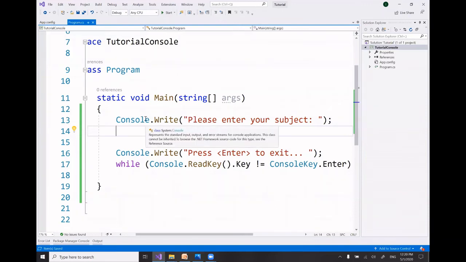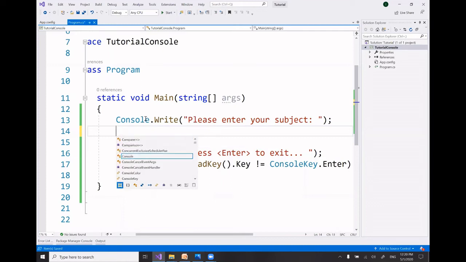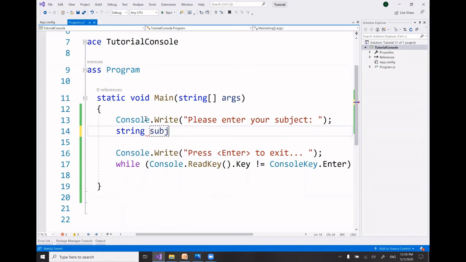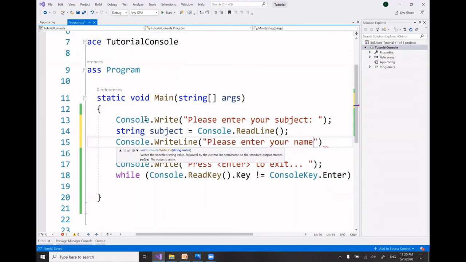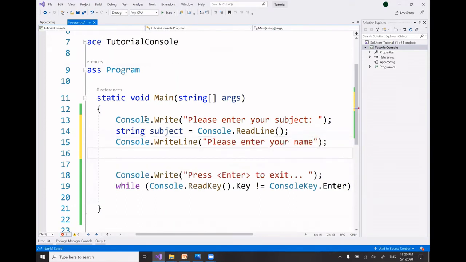So enter your subject, and let me capture this into a string subject equal to Console.ReadLine. So I'm capturing the value, and then a Console.WriteLine, a new line I need to get it. Please enter your name, and then string name equals